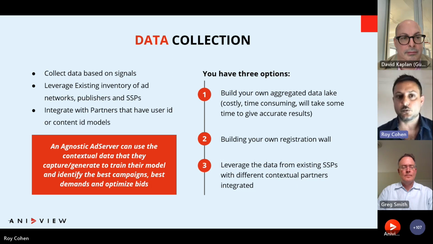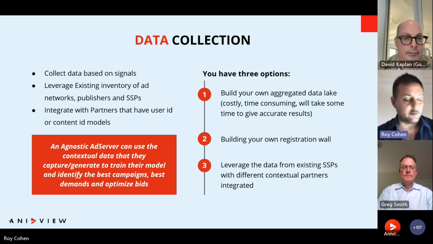The second thing, and this is due to probably the deprecation of third-party cookies or third-party data, is to have first-party data, building your own registration wall, grabbing pieces of information from your user. What do you like? Who are you? Just give me your email. Things that you can easily maintain. Every small, medium, even long tail publisher can maintain and grab this information and then use it afterwards to create sort of an ID solution or identity across their